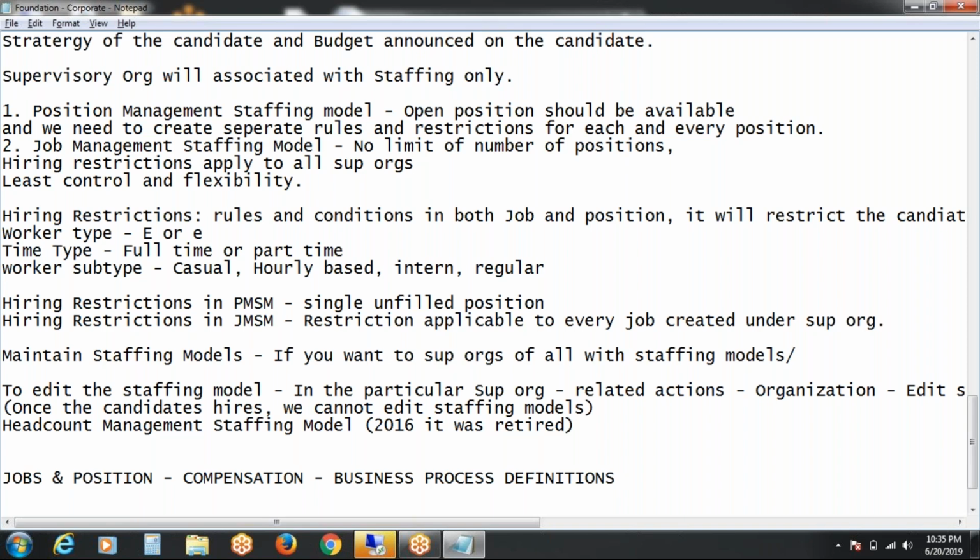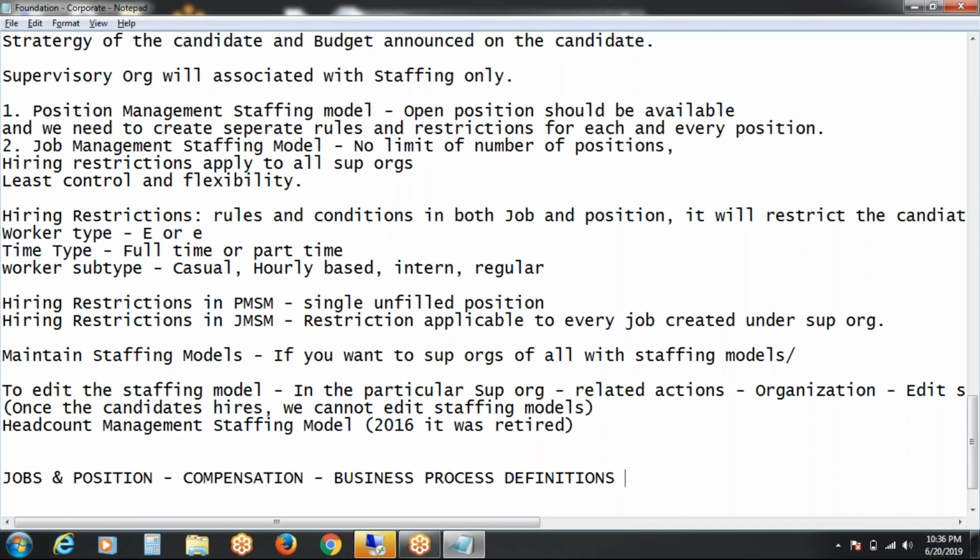When using the position management staffing model, we will fill unfilled positions prior to initiating the hire. And in job management, we will create a job group before starting the hire process.